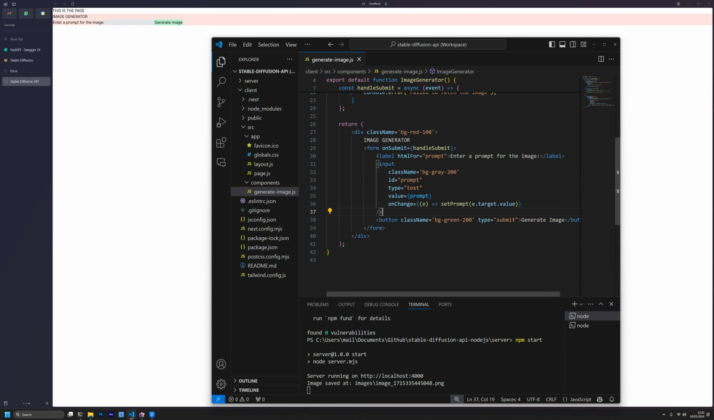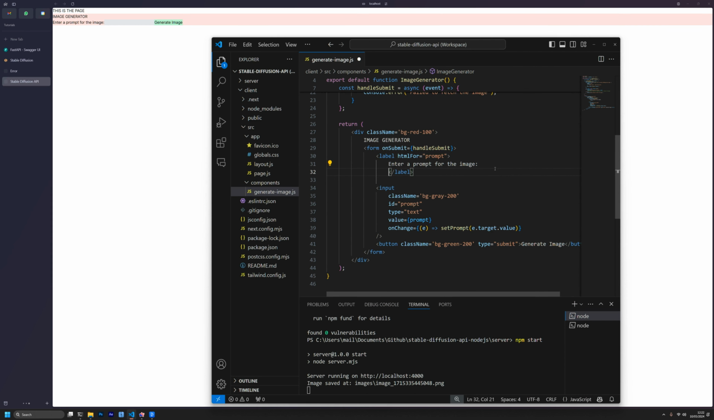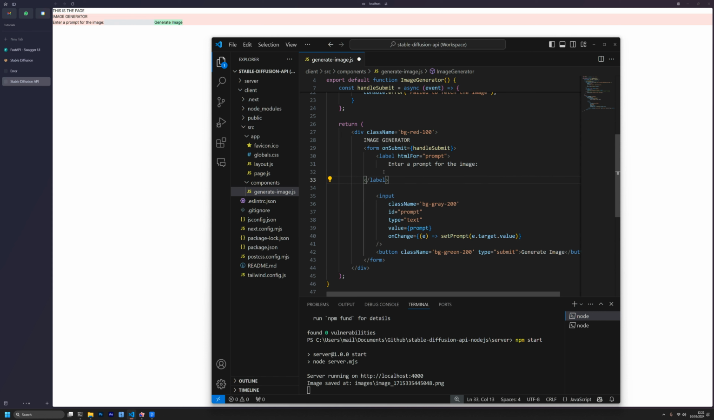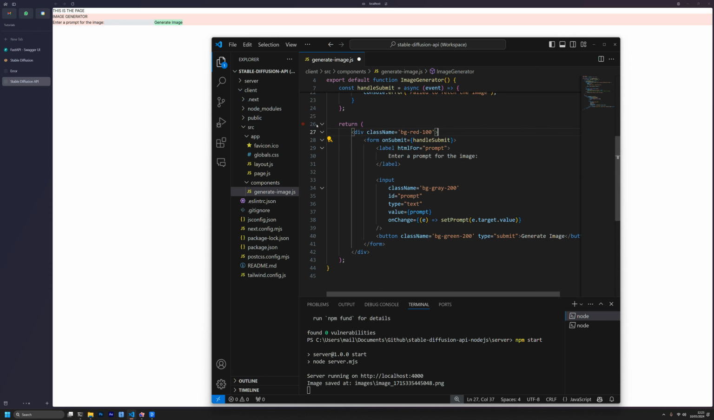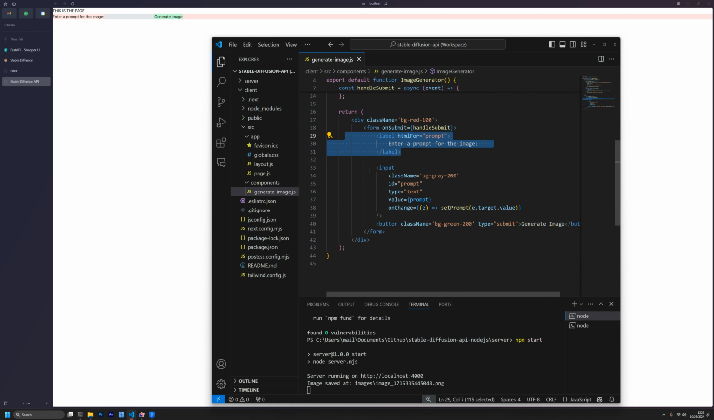And we have a label. The label has no functionality. The label only says, hey, enter a prompt for the image. That's only what the label does. So nothing complicated. And the input,